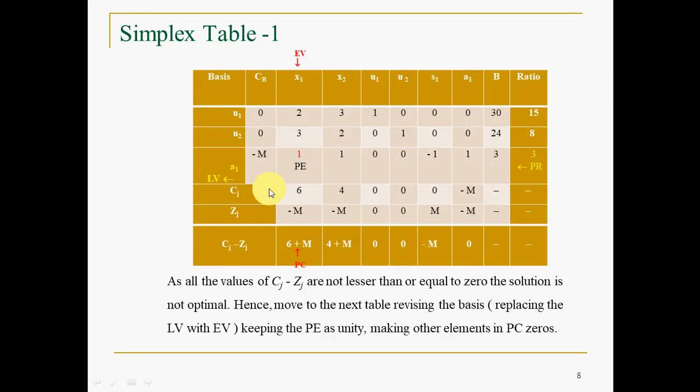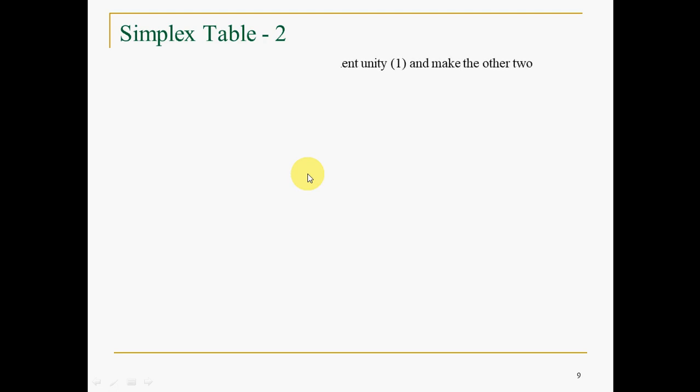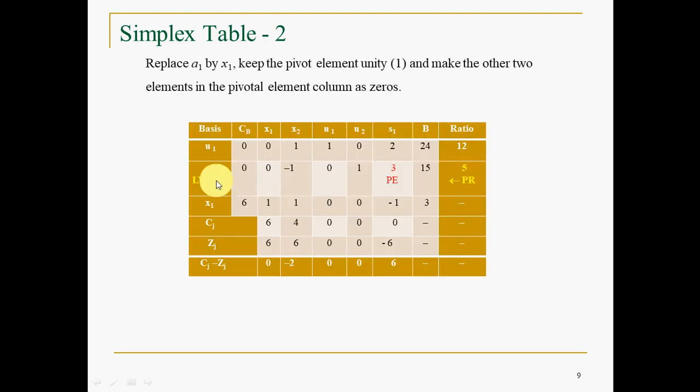We are seeing simplex table 2. Here also you have to remove that artificial variable because it is eliminated. It was discussed in the beginning itself that the artificial variable will be eliminated in the process. So CB, X1, X2, U1, U2, S1. A1 will not come into the picture, up to B. The ratio we will see later. By row operations this will change. Of course, CB will be the same here: 0, 0 for U1 and U2.